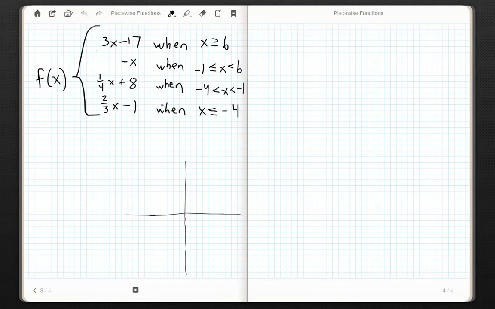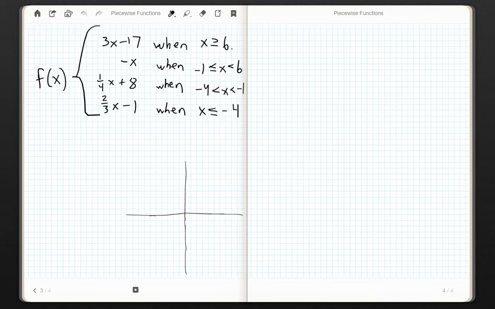Okay, and now we have a piecewise function with 4 pieces. Again, they can have as many as you want. So here we see a problem. We see that the y-intercept is negative 17, so there's no way we can graph that on here. So what we have to do